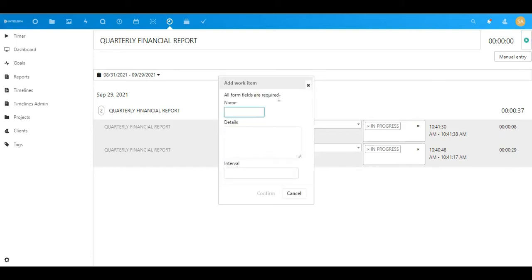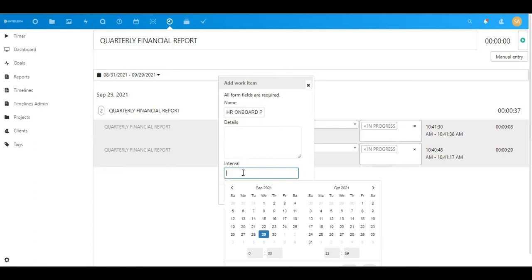Let me write the name, let it be HR onboard process. And let's add the time interval.